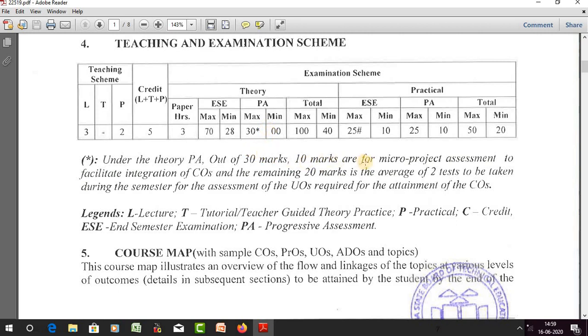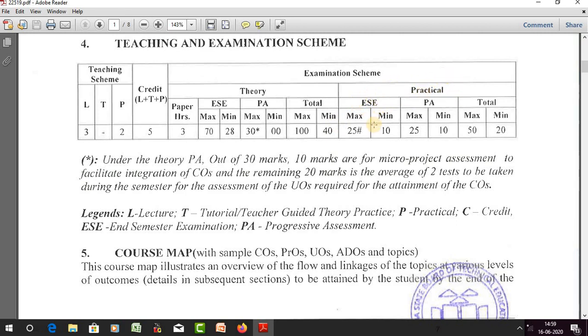Out of 30 marks, 10 marks are for micro project assessment, and 20 marks are for the average of two tests. The total paper is 100 marks for CSS, and the passing criteria of this subject is 40. Next is the practical session.